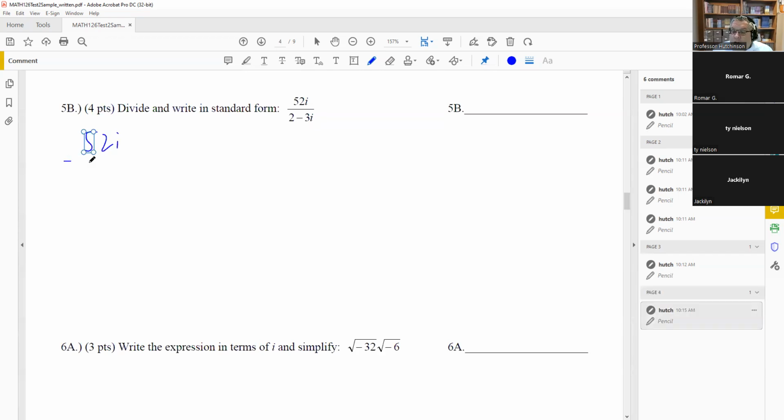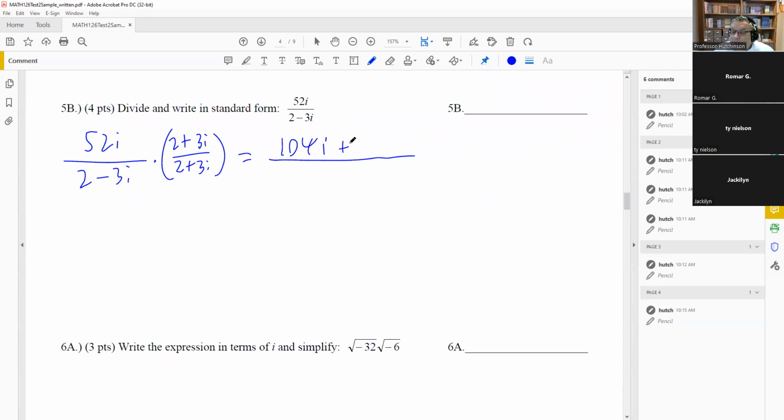So 52i divided by 2 minus 3i. We're going to multiply this by 2 plus 3i top and bottom. Okay, so 2 plus 3i top and bottom. And you'll just multiply across the top and across the bottom. So if you multiply across the top, we just have one thing up here. So 52i times 2 is, we'll multiply that. So we have 104